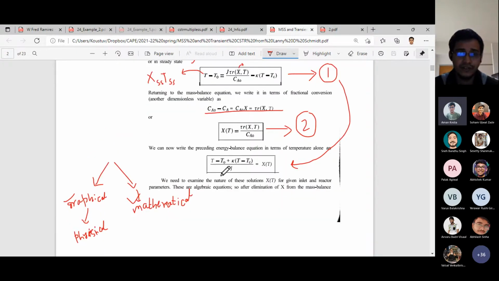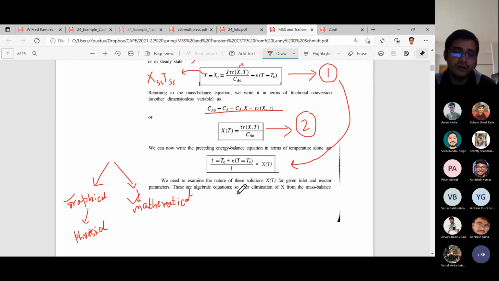So this book is a very basic chemical engineering book, by L.D. Smith. I'll send this particular chapter, but you can also study this as a reaction engineering book. I find this book very useful as each mathematical expression has been explained in detail. Of course, Fogler and Levenspiel are there, but this multiple steady state part is very neatly written in this book. So that's why I have taken this particular chapter from this book.